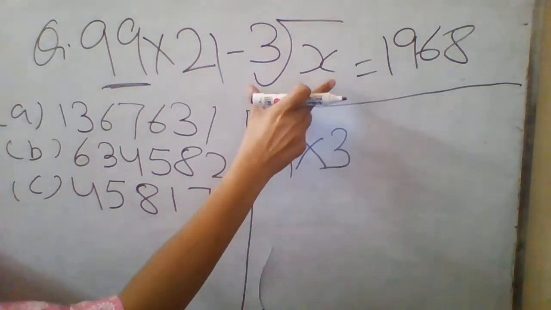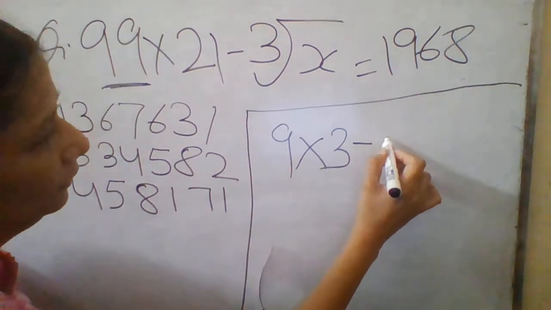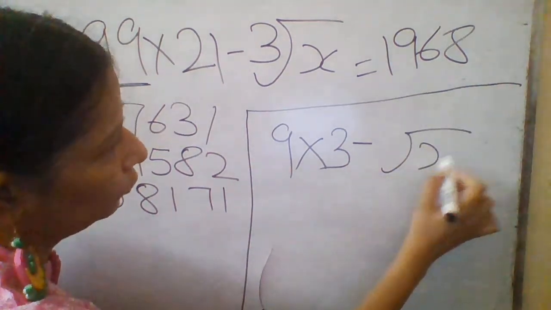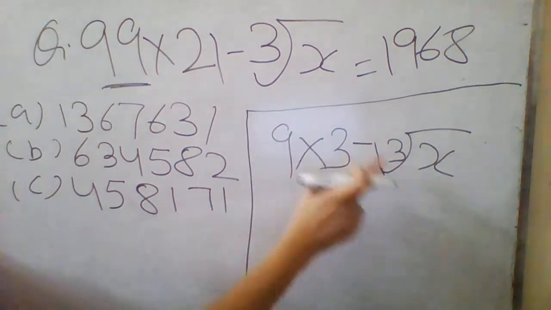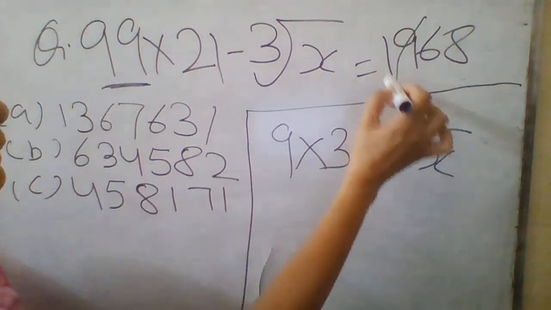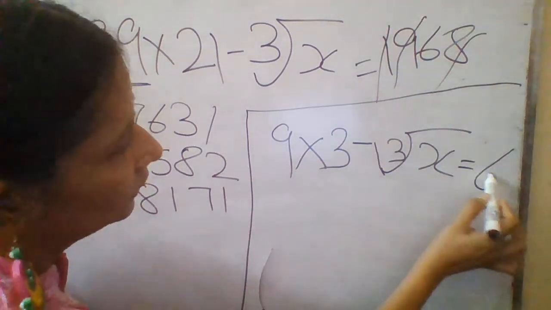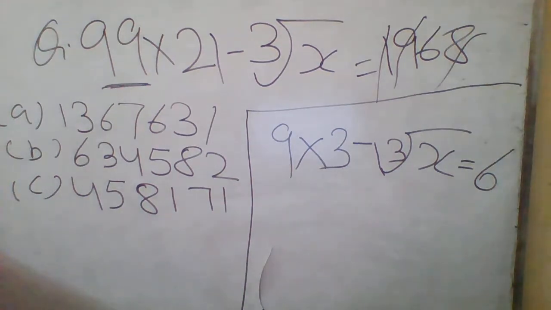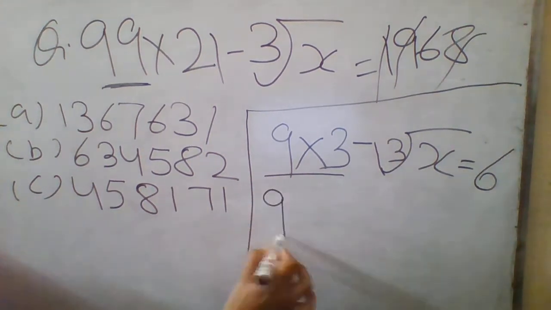Now this is cube root of x. So I will write down minus cube root of x. Cube root of x, so I have written here as it is. Now you find the DR here. 9 is cancelled out, 8 plus 1 is cancelled out. This is equal to 6. Now you have to just solve this. If you multiply this, again you will get 9 here.